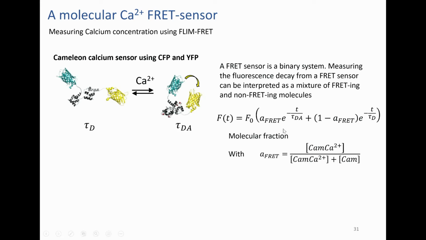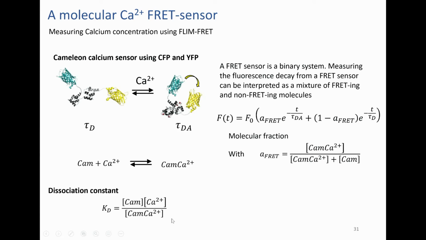And from that, you can get a dissociation constant. And in fact, there's an exercise in the question sheets that you will get where you can see how this works in practice. Okay,